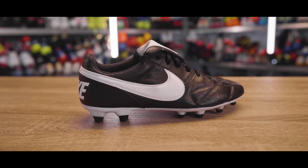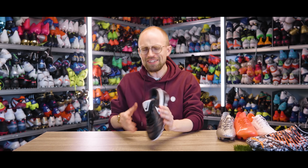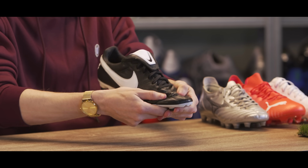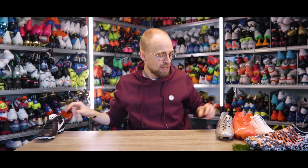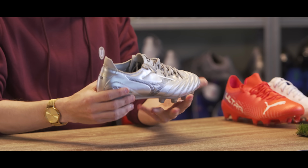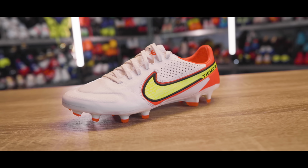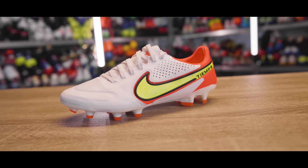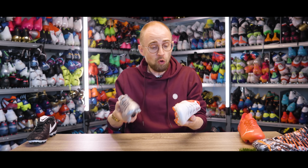Now, we can start with the Nike Premier 2, which is just 89 euros on Unisport right now, and just absolutely sensational when it comes to comfort and fit, especially for the money that you pay. There's also the Mizuno Morelia Neo 3 Pro, which is 120 euros, or the Nike Tiempo Legend 9 Pro, which is 130 euros, and both here offer a relatively high quality leather upper,